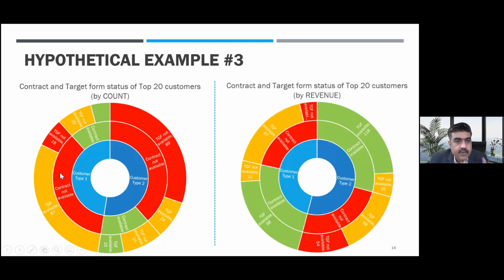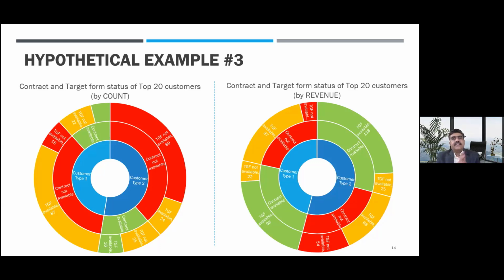And why I put in this, because if you show the management only this aspect of it, so probably you are not doing justice. Because if you look at by revenue, mostly things are in green. So in a way, we are being honest to the process owners by saying that if we go by the count, you may find more reds in it. But if you go by the value of it, probably the majority of the risks are already covered. So that's where this graph also enables the internal auditor to be honest with the process owners,